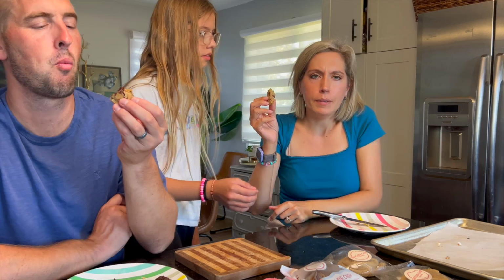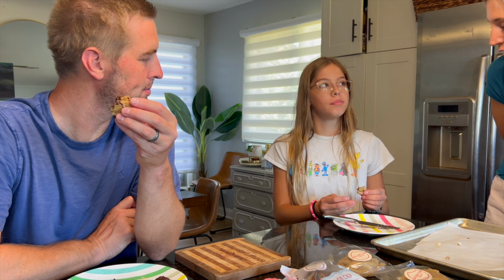Exactly what I imagined, brownie and chocolate chip cookie. I'm gonna let Elsie do this one. Is that the one you wanted to try the most out of all these? Yeah. Okay, so overall, did you enjoy these cookies or Last Crumb more? Definitely these. Me too, and the funny thing is this is a third of the cost,